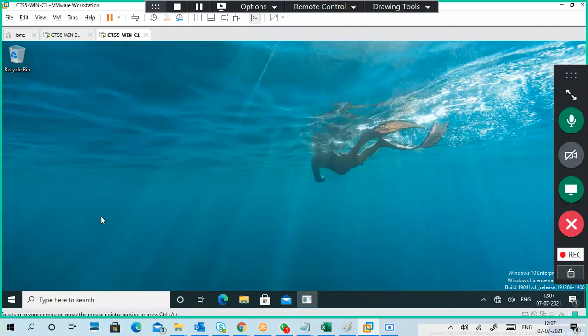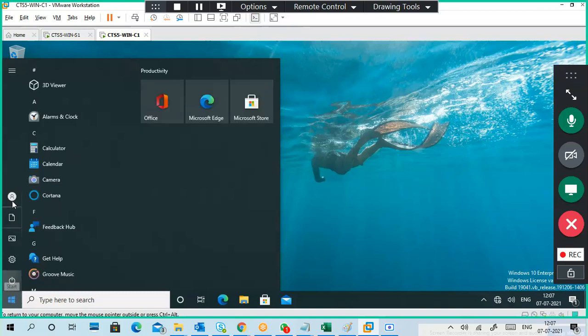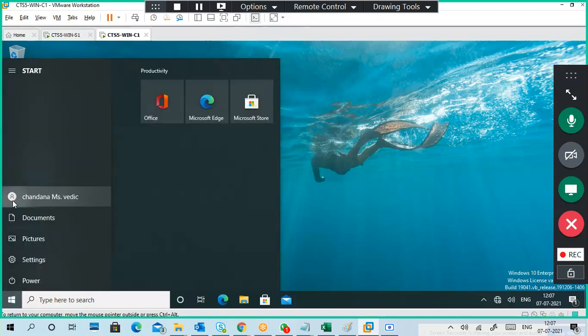Also if there are any issues, like login logout issues, network issues, or time synchronization issues, then your group policy won't update and it throws an error. So you will understand why you are getting the error also. Sign out.